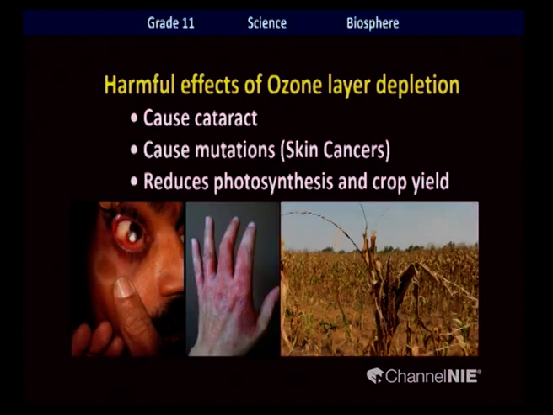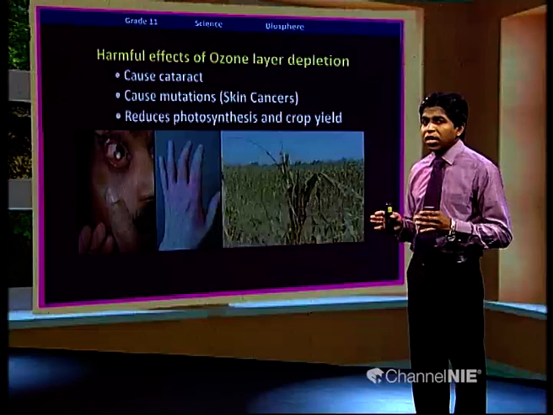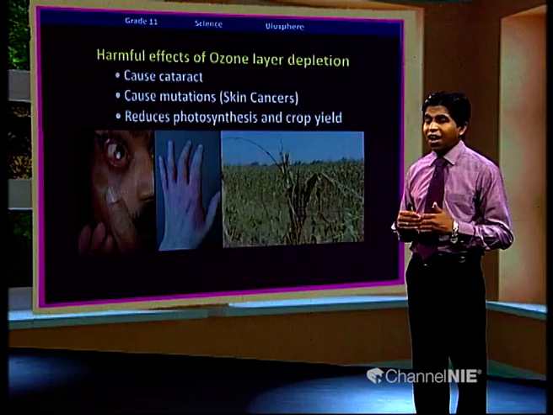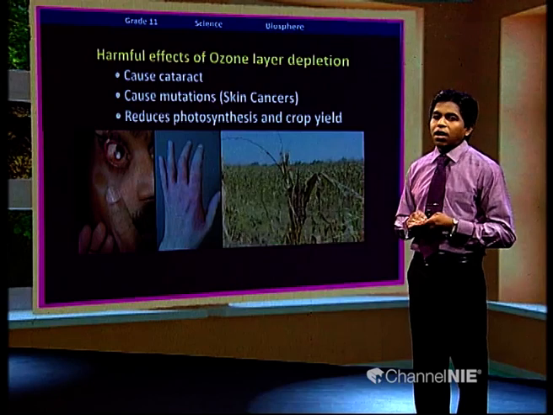So what are the harmful effects of ozone layer depletion? If harmful UV rays reach the earth, they can cause cataract. Mostly these harmful UV rays are filtered by the ozone layer, and we also have melanin in our skin that gives natural protection from harmful UV rays. But people with less melanin, fair people, have a higher risk of getting skin cancers and cataract. That's why they have to spend a lot of money on creams and UV protecting sunglasses. So dark skin is healthy, it protects you from harmful UV rays.